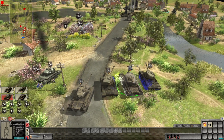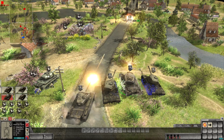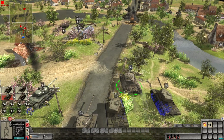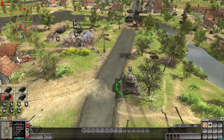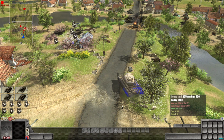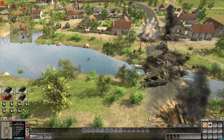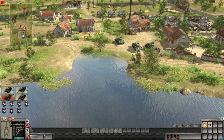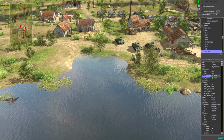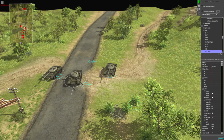Alright. So this is a T-30. It doesn't have an auto-loading 155. It has kind of the semi-loading 155. So clearly, this was just not enough. You know what? Yeah, I don't think there's any Russian tanks left. So you know what we're gonna do? We are going to just have a massive